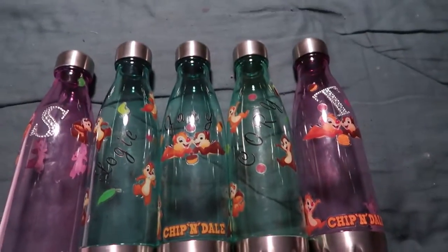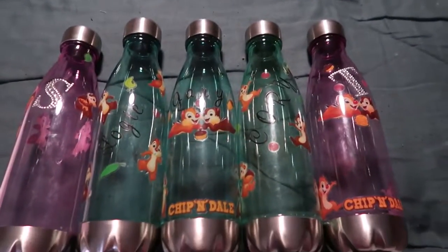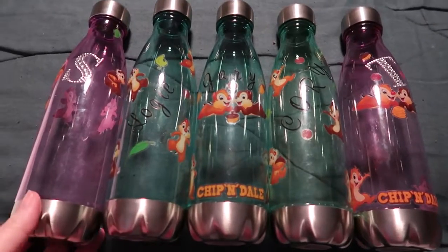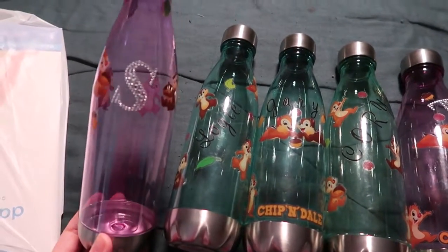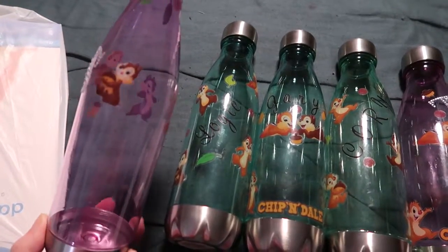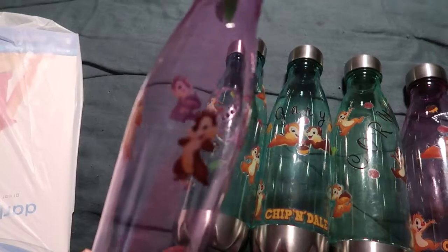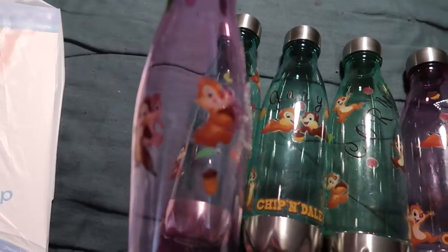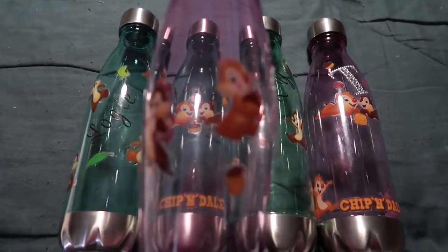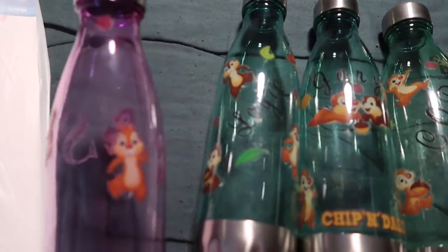So here are the finished products. And I think they turned out really cute. So I'll let Sammy do hers. She got her S on there, so pretty. And then she's got 4 Chips and Dales. And then it's going to go craziness. And then up around the collar, she's got her little,